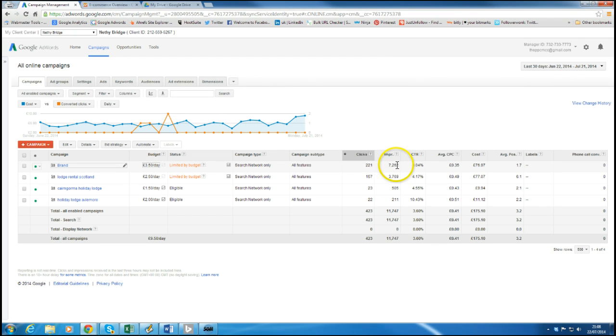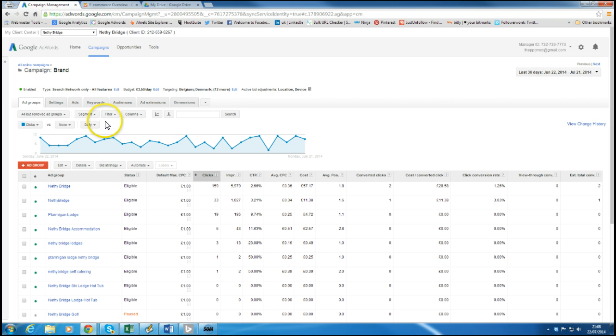So we'll start at the top. We can see this one at the top has the highest number of impressions and clicks, so this is definitely a good place for us to start. If we click on the specific campaign, then when we're in the campaign, we'll see that by the fact that it will say all online campaigns here, but it will actually then give us a heading of the specific campaign we're in. So this one, we're in the actual brand campaign,